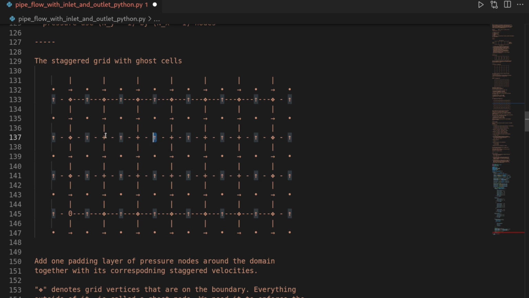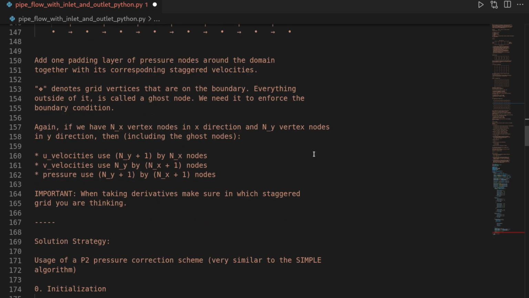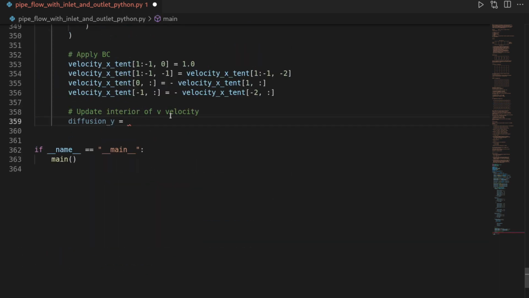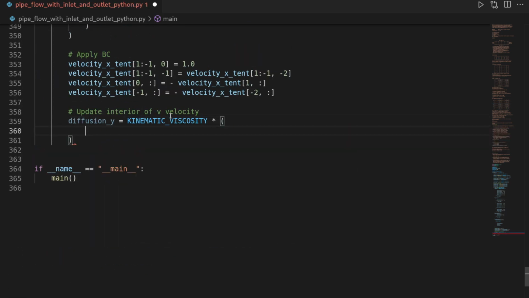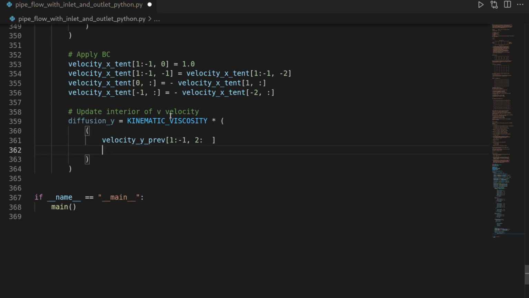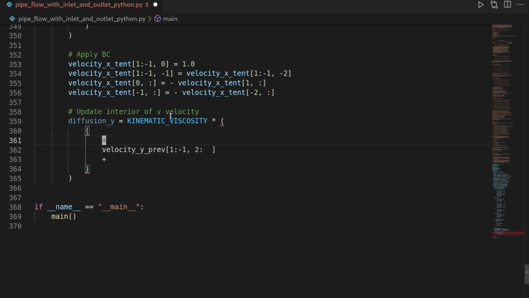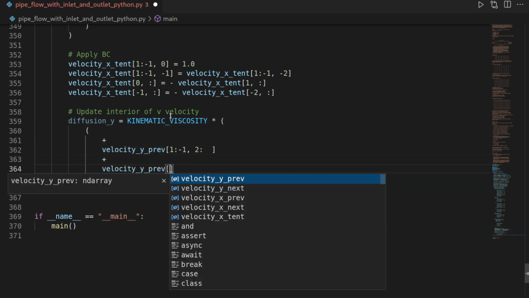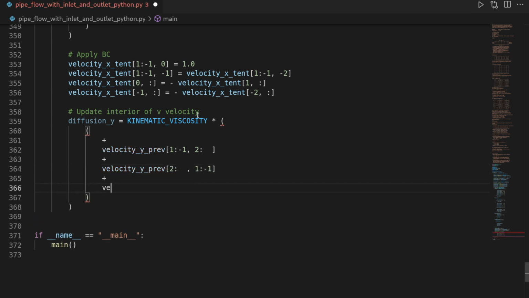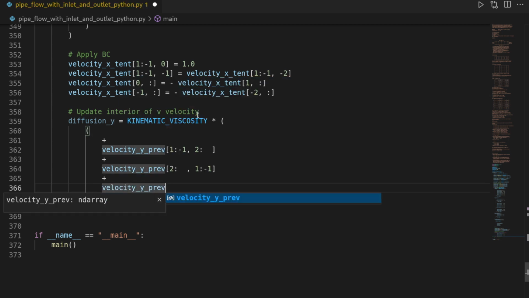So the 5-point stencil still holds, such that we can just use the direct neighbors in a similar fashion as we've done it with the U velocity. So we say kinematic viscosity multiplied with our 5-point stencil, which is going to be velocity y previous, interior points in y, and then 1 forward in x, plus velocity y previous, 1 forward in y direction, and interior points in x,